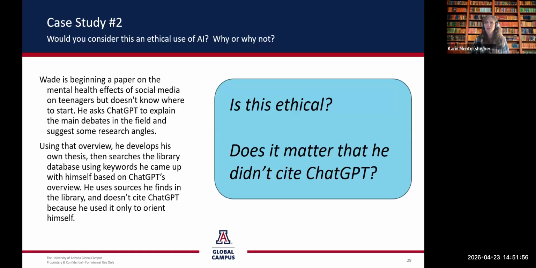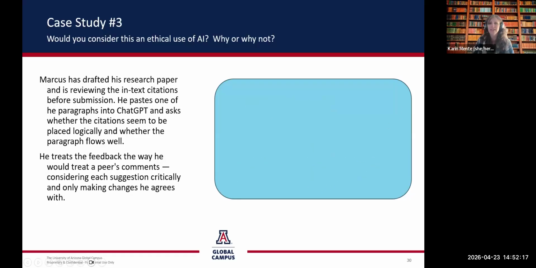Once you start to wonder whether you'd feel okay citing that you used ChatGPT for this task, then we're getting close to that line of whether it's an appropriate task to use it for. So if all else fails, either ask your instructor or just go ahead and cite it. I think transparency is key.